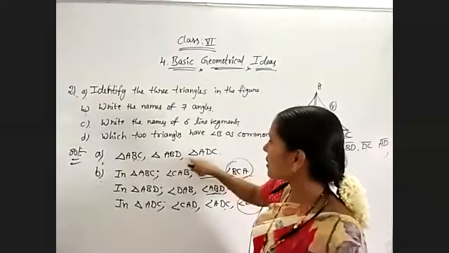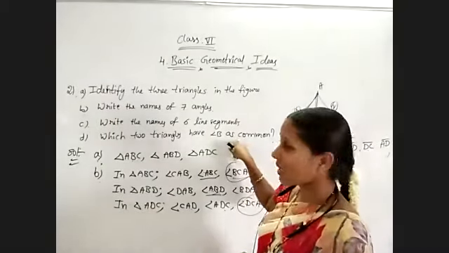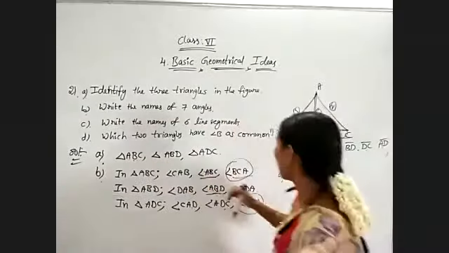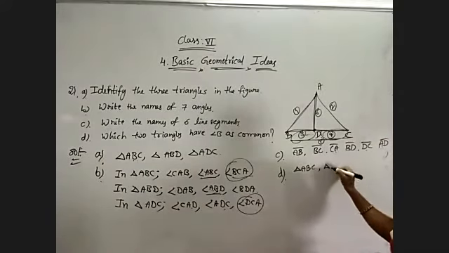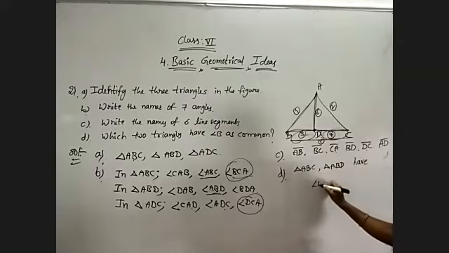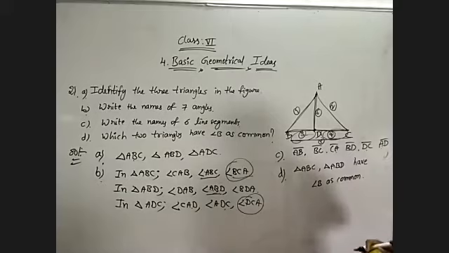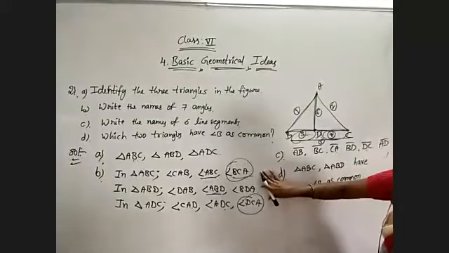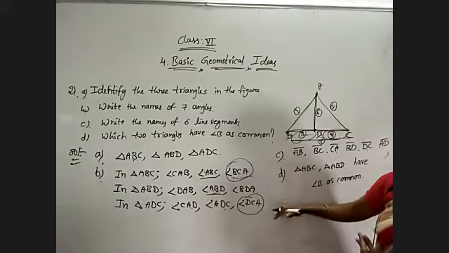If you take these two here, B is not there. They are asking in which two triangles angle B is common. These two triangles. So the answer is triangle ABC and triangle ABD have angle B as common. That's all. So once again observe, these three questions are very simple, but while you are writing the angles, don't get confused. If you get more than 7 also, there is no problem, but write all the possible angles.